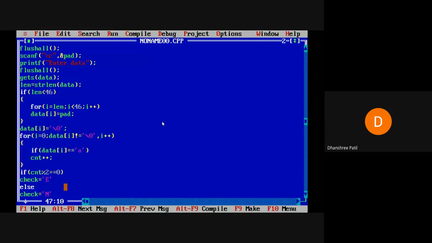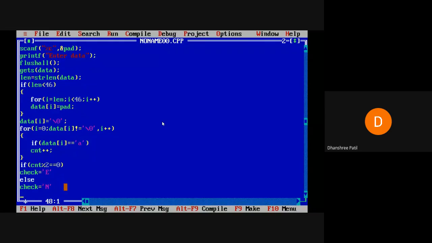I'll display it. Finish, and then getch.